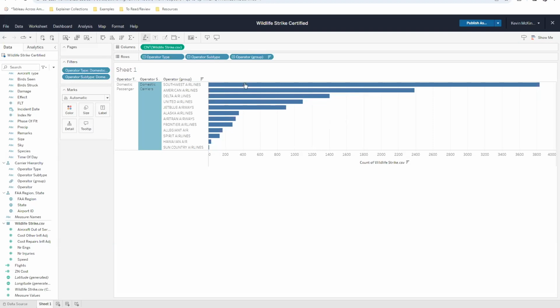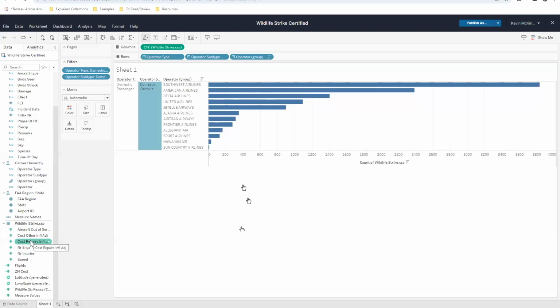However, there's more to the story than just this information. I have the number of incidents, but I can't really tell how many of these incidents are severe. I have another data set here, cost of repairs. Now, for my data here, cost of repairs is an indication of severity.